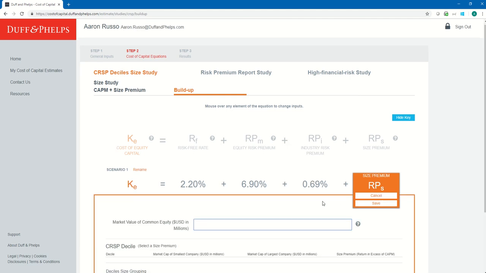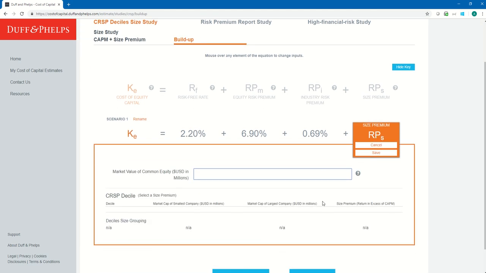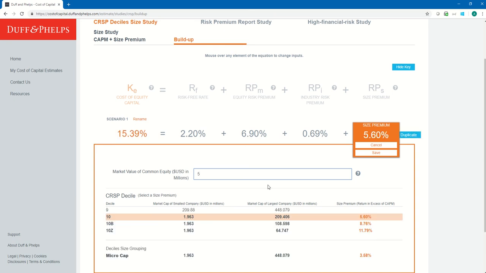The Navigator is going to ask me for a market cap. Let's say we estimate our subject company's market cap to be around 5 million. So I type in 5 for 5 million, and the Navigator will automatically map me to the appropriate CRSP decile and CRSP decile size grouping. A market cap of 5 million places us in decile 10, which comprises companies ranging in market cap from 1.9 million to 209 million. We also fall in the microcap size grouping, which is a broader measure that combines both